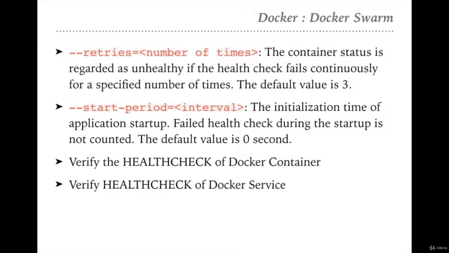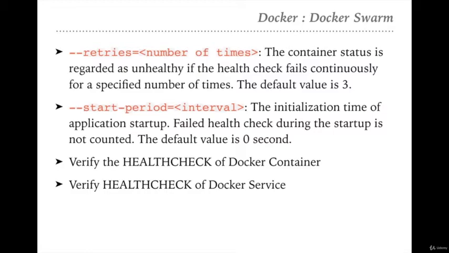But if the same thing happens inside the Swarm, suppose you have put some health check on some stack, on some services, and somehow some task inside that service starts failing, it means some containers start failing, then Docker Swarm will take the appropriate action. It will take down the unhealthy container and spin up a new container, right? So this is the benefit of the health check with Docker Swarm. We will see how we can apply the health check on the Docker containers and how we can apply the health check on the Docker services.